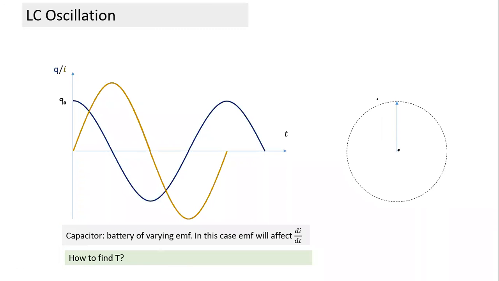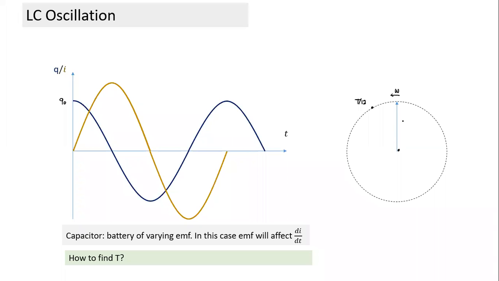Now it will start rotating with angular velocity omega, and it will complete one full rotation in time period T, which means in time T by 12 it rotates by 30 degrees. So this is where it has come from the start at time T by 12. At T by 12, it has moved from here. What is the y coordinate now?